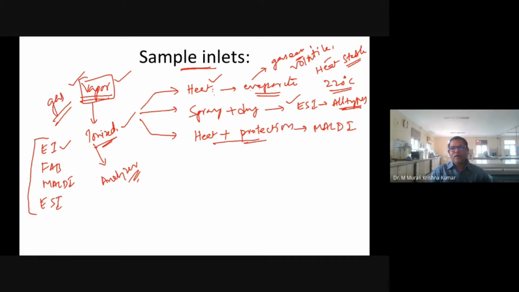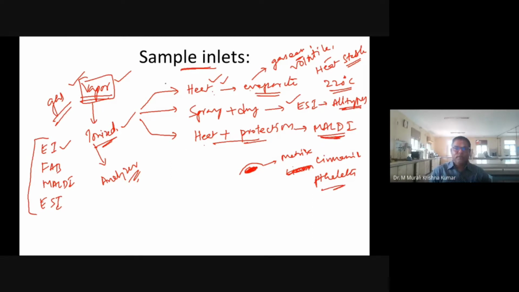Sometimes a molecule cannot be directly heated. Here it is almost like direct heating. But when a sample cannot be directly heated, then what we will do is make use of pointed energy like lasers to heat the sample, and at the same time, let's say this is the sample, we apply a coat, like in case of a matrix containing cinnamic acid esters or phthalates. Regarding MALDI, we will discuss in detail in the coming slides, no problem.